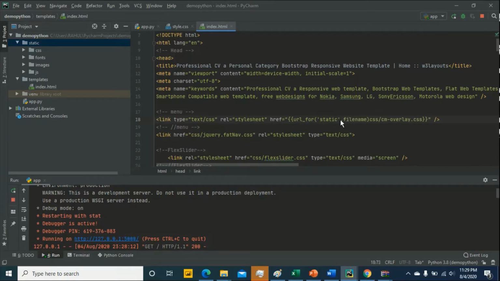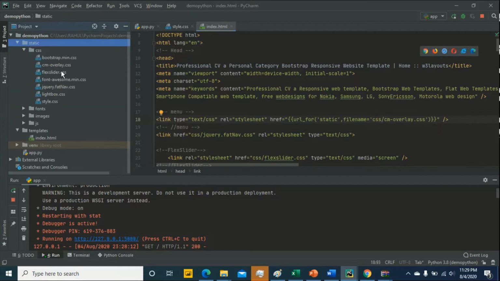Okay, equal to single quotes, and then copy this file name, which file name? This one, and paste here, overlay.css. See here, overlay.css.